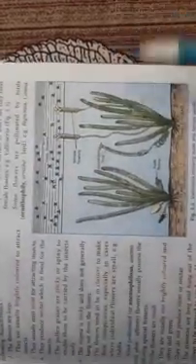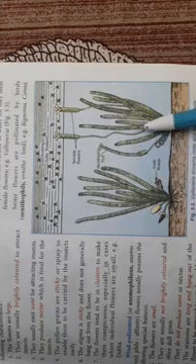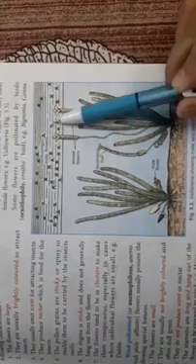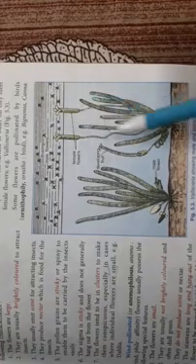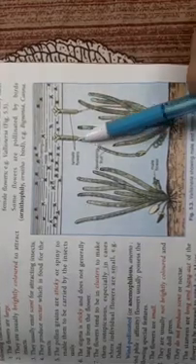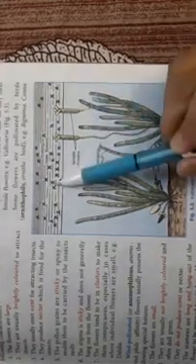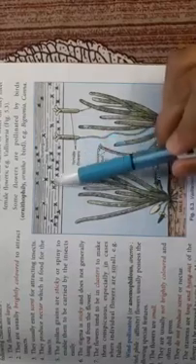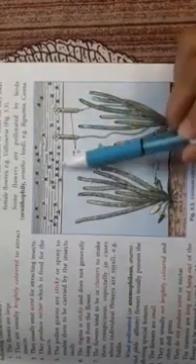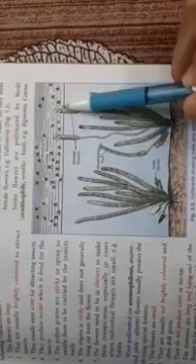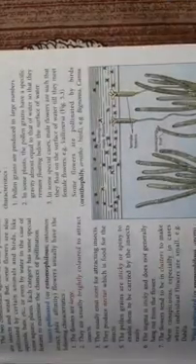In class 8 also you have studied the same diagram, and you have studied that the female flowers come on the top of the surface of the water, and their styles are very long like this, and they reach the surface and can meet the pollen grains. Pollen grains are already floating in the water, so they can come in contact. Okay, and this favors water pollination, hydrophily.